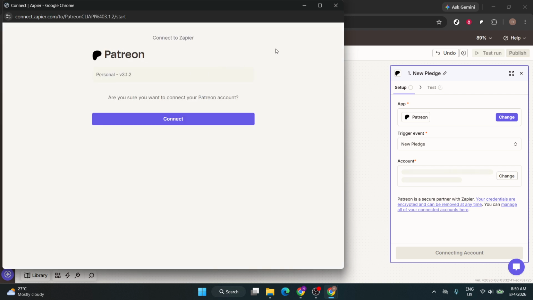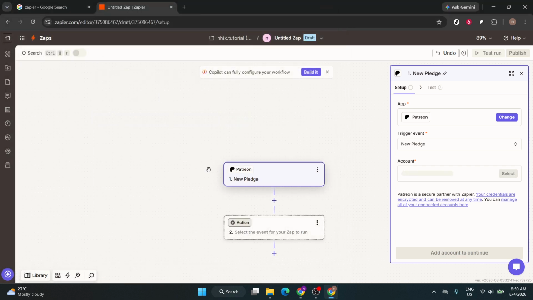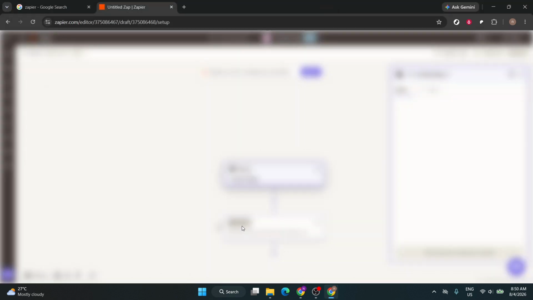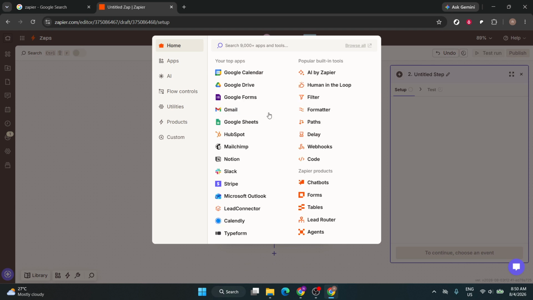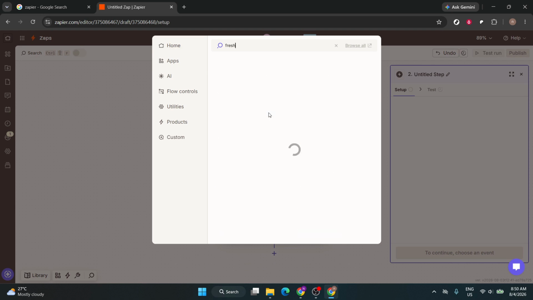Click the plus sign or select the action block in the Zapier builder. This is where you define what should happen after the Patreon trigger is activated. In the Action App search, choose Freshbooks. Selecting Freshbooks here tells Zapier that after a new pledge happens in Patreon, the next step in your workflow should